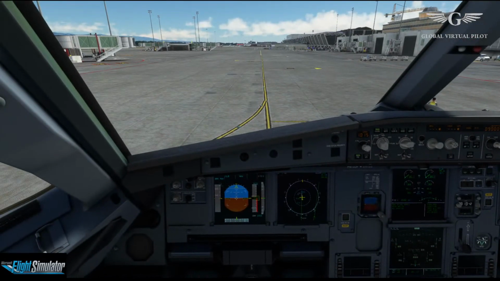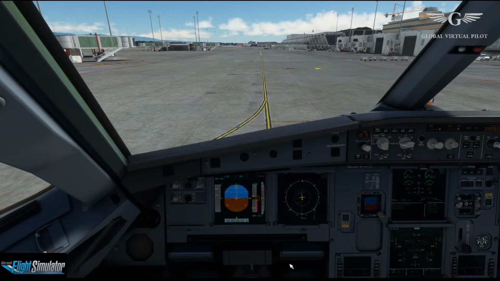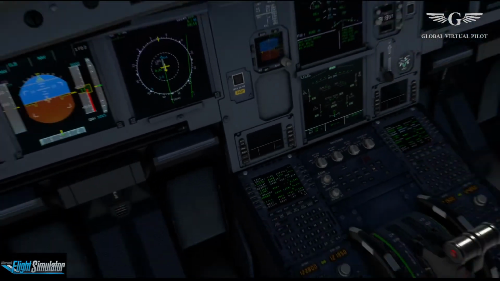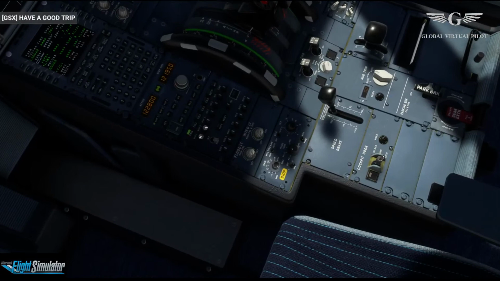So we've got after start checklist. Anti-ice: anti-ice is not required. Then ECAM status is checked. Pitch trim 0.5% up, and the rudder trim is 0. We can lock the cabin door. The cabin door is locked, armed, and then